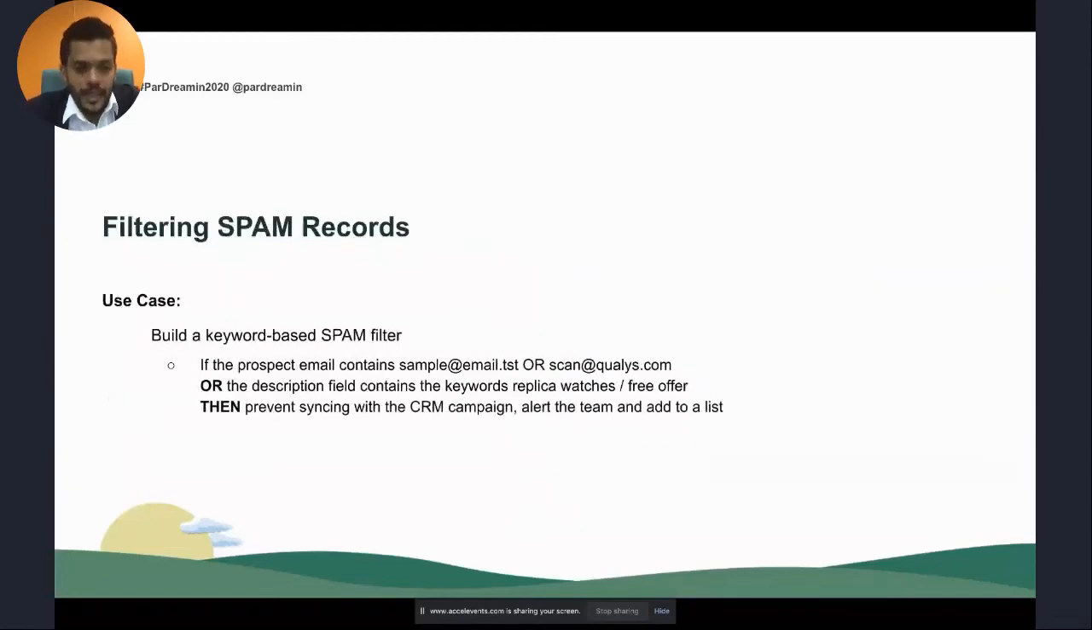And the next one, the spam records. I'm sure if you are managing web forms, this is inevitable. You will get spam submissions. And also you can control this from the web form end by using maybe reCAPTCHA. But if you want to stop syncing spam alerts based on the keywords with the CRM campaign, you can do that using automation rules. Let's say you know the keywords you are getting, and you can match that using the